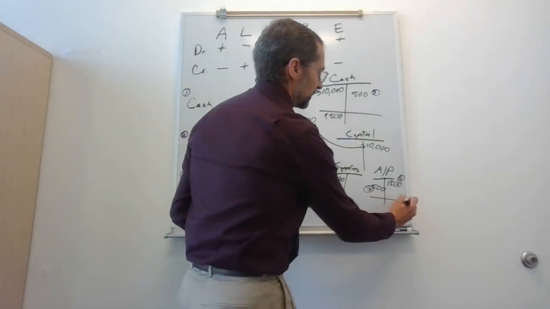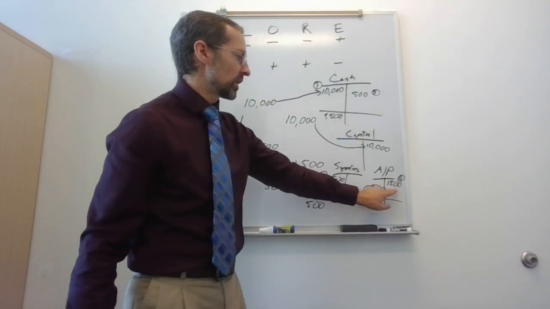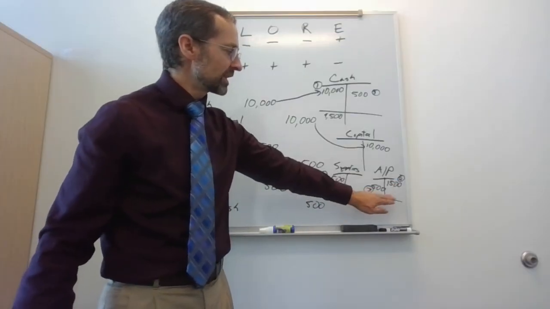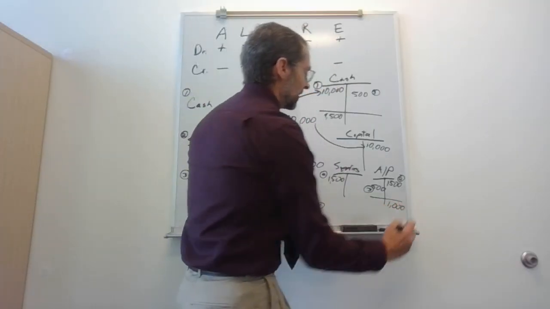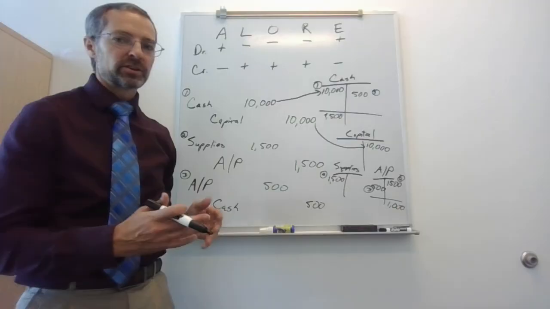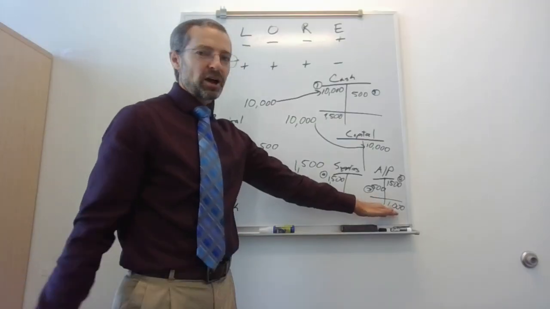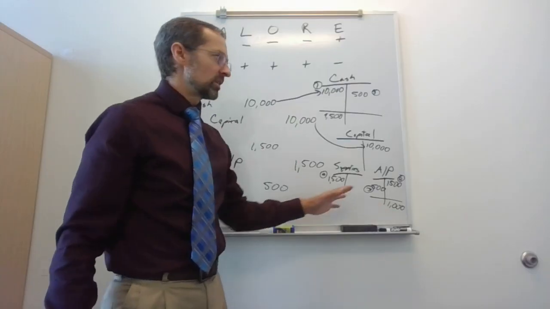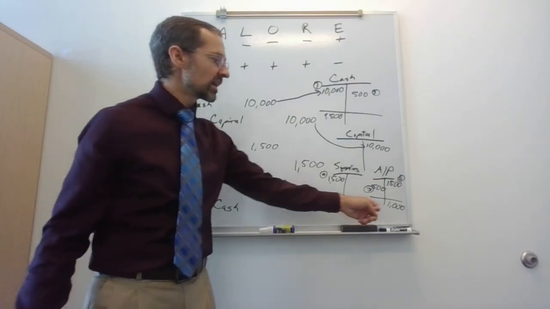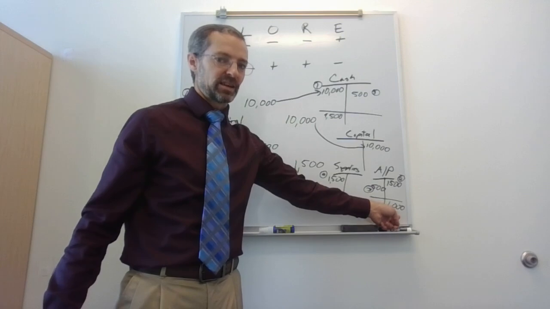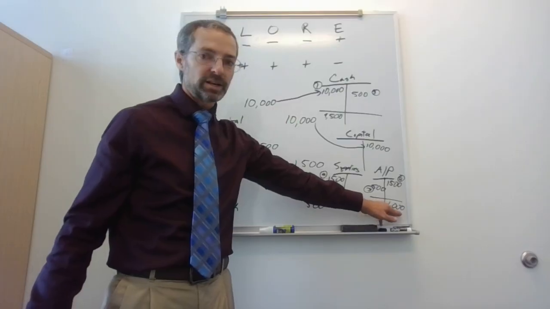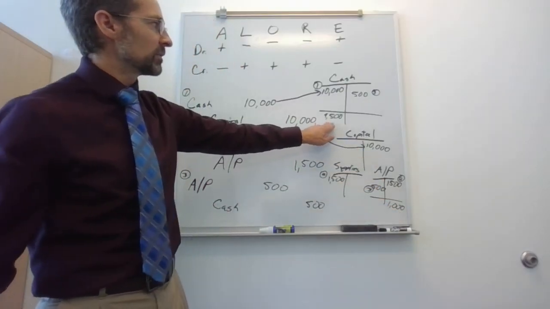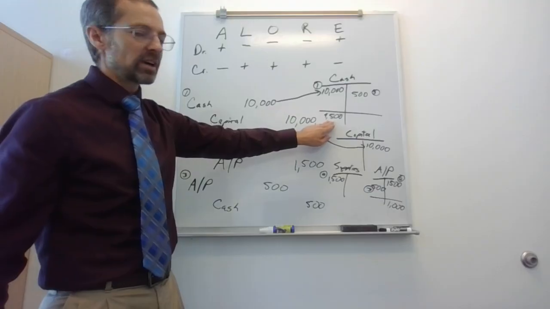Same thing with accounts payable. I had 1,500 credit, 500 debit. I have more credits than debits. How much do I have? I have 1,000. So the debits and the credits offset each other, and so I just write down how much more do I have than the other one and put it on the correct side. That is what is called the balance in the account. So I have a balance of $1,000 in the accounts payable on the credit side, and I have a debit balance in the cash of 9,500.